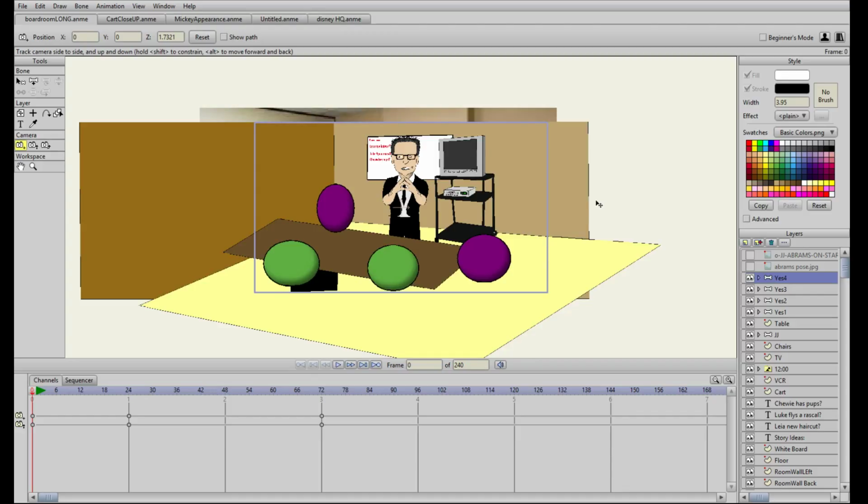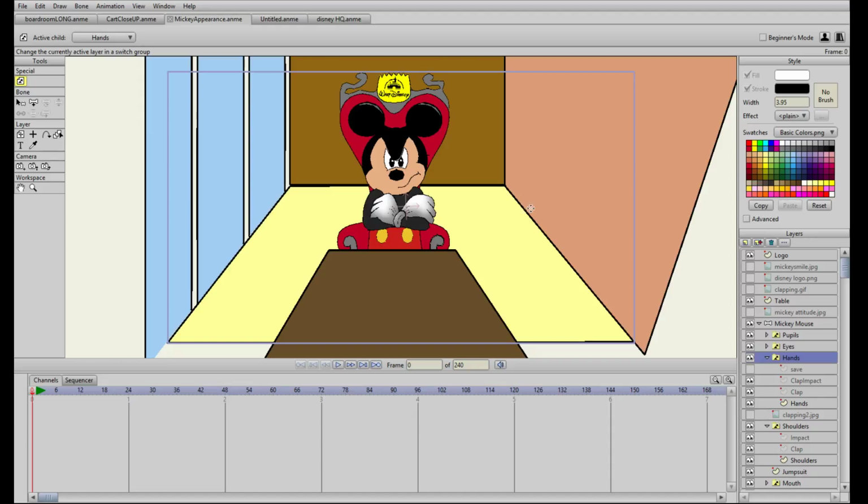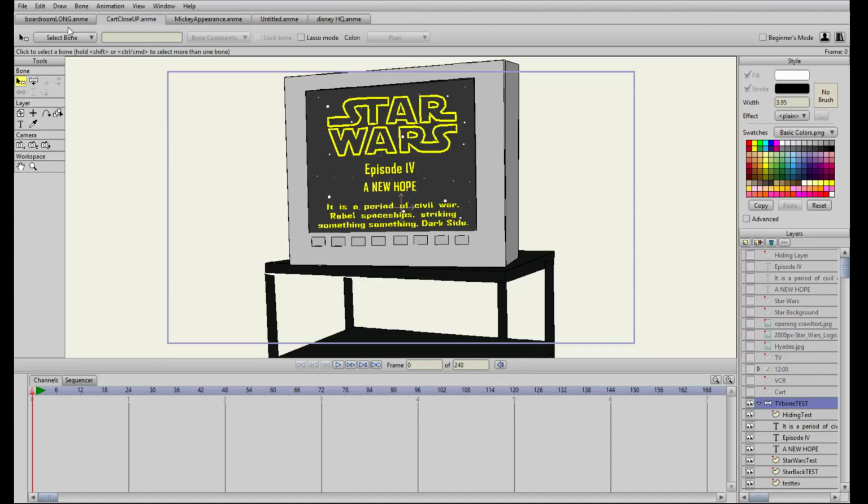I don't even have an intro for this series. This literally was all I had for TASO. 30 animated seconds of the cart in his head. I think when we started, when you think about it, we started with just the cart with his head and this cart. No Star Wars even. No, I had the source material, but there was nothing here. And then all of Mickey happened on camera. So I mean, this has come a long way for me in a short amount of time.